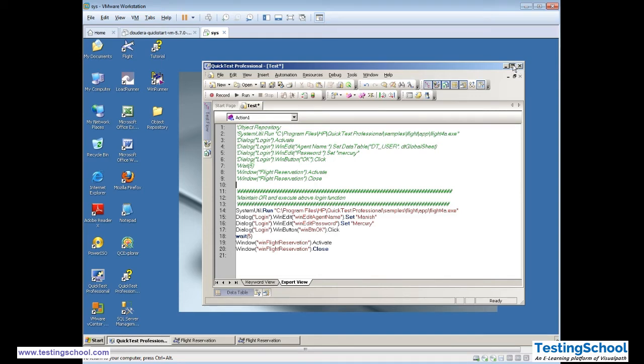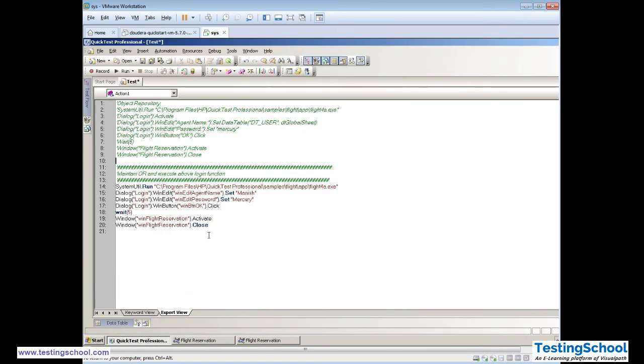Okay, so in this case there is not much difference between OR based recording and the recorded test case. But in many other cases, when you use the browser and other things, first thing is, unwanted lines of code will come, which I have already deleted in the first recorded case. Second thing, the program will become more readable.